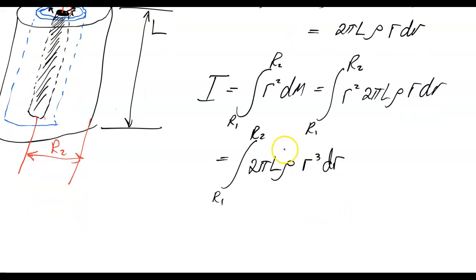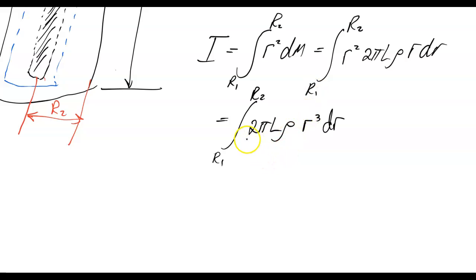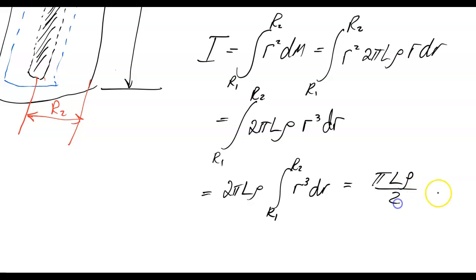And notice that these terms 2 pi L rho are constant, so we can move those outside the integrand. I get from r1 to r2 r cubed dr, which is the same as, this becomes r to the 4th over 4, so we will get pi L rho over 2, and then r to the 4th evaluated between r1 and r2,